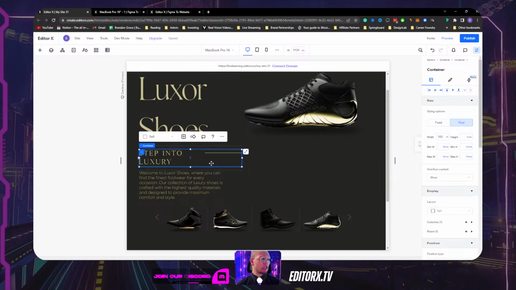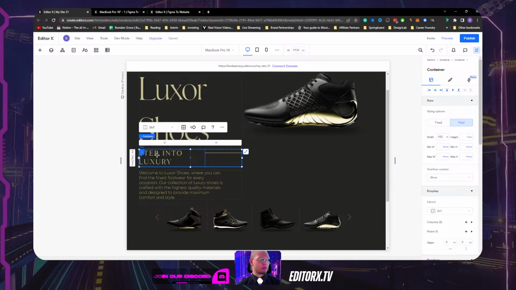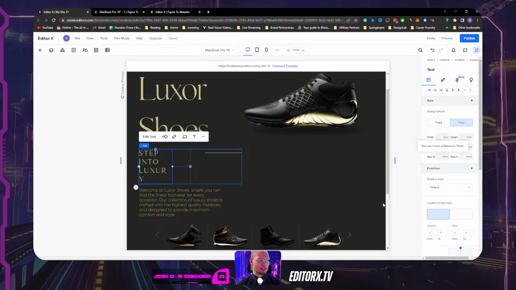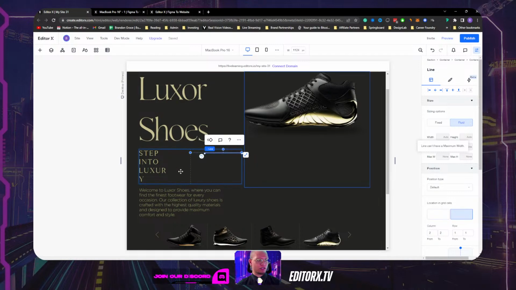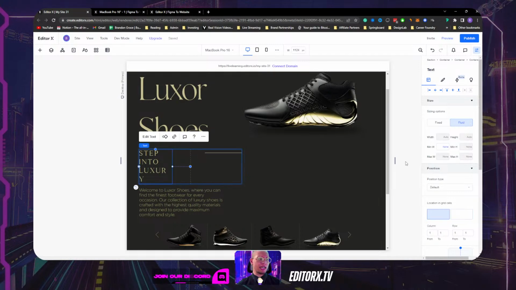Let's add some more grids. So I'm going to select this container here, 1 by 1, and I'm going to set it to 2 by 1 so that the step into luxury has its own space. The line has its own space. This text here,